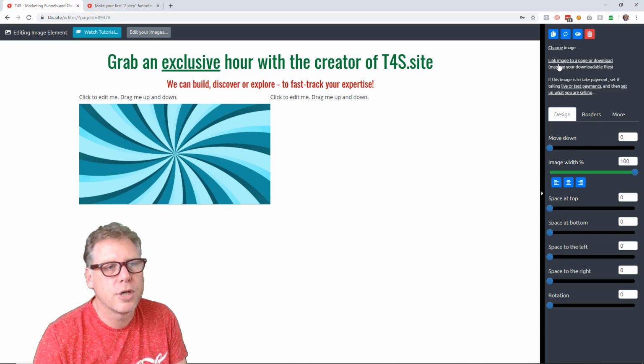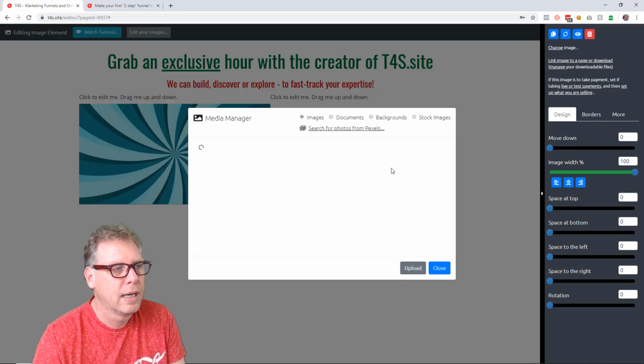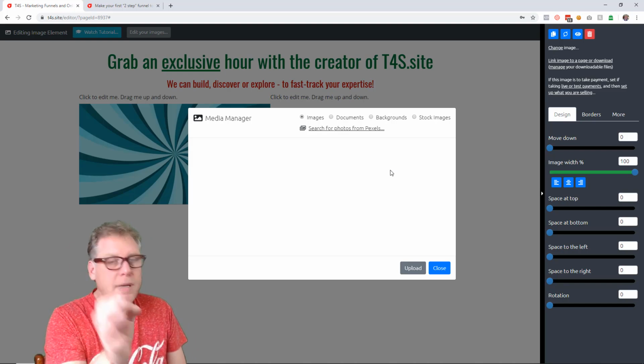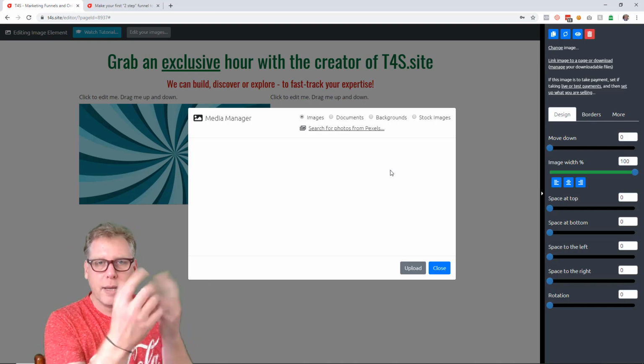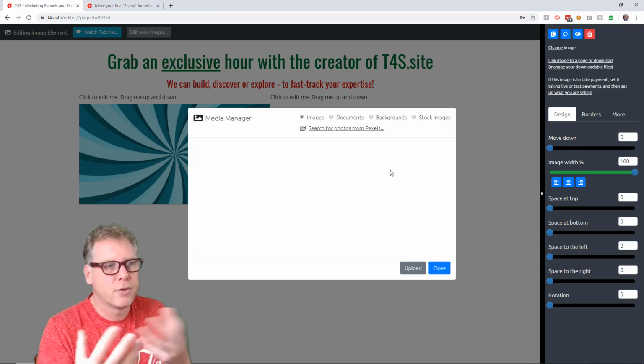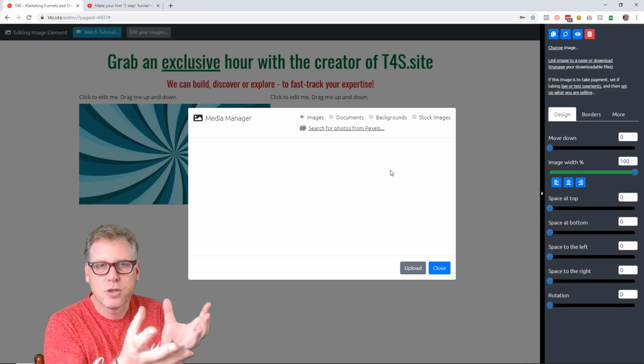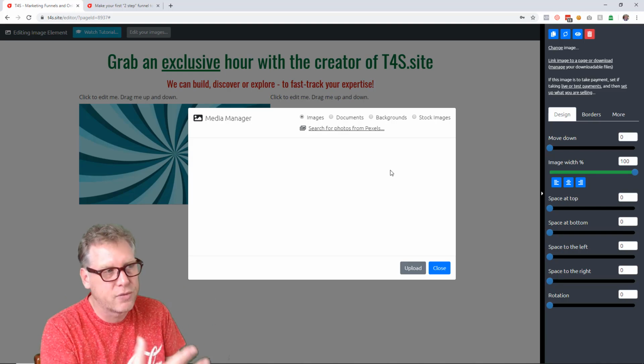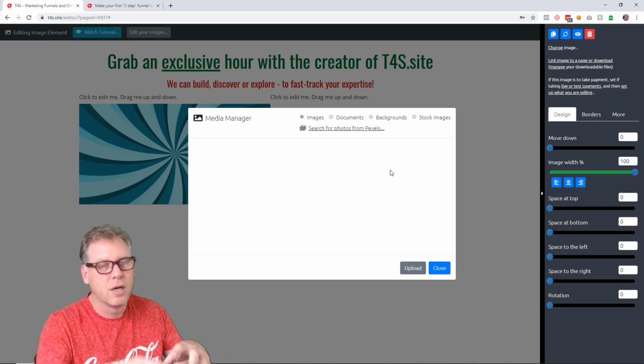Okay, so we click on change image because that's all we're going to do for now, and it brings up the media manager. Media manager. This is where you put all your images, all your documents, PDFs and all that sort of thing into for access for everything in this funnel. All the pages in this funnel will have access to the media manager with all of the